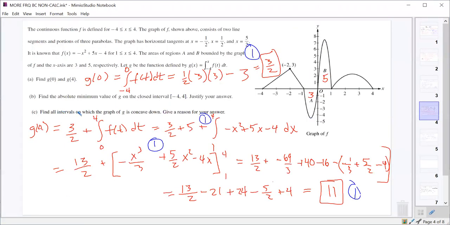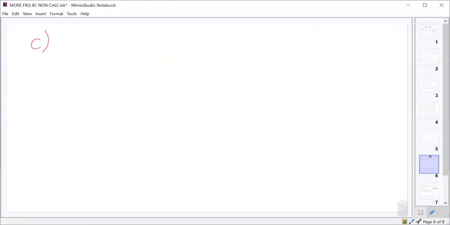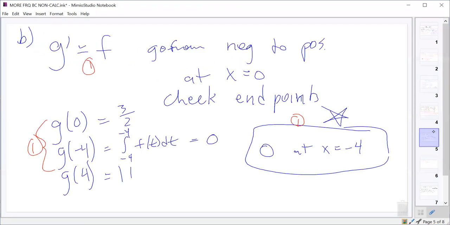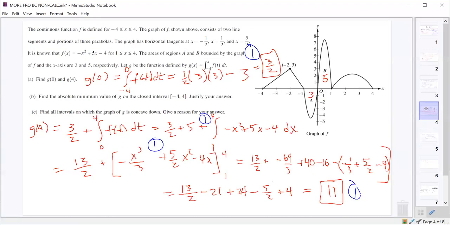All right, part C, find all intervals on which G is concave down. G is concave down whenever G double prime, which happens to be F prime, is negative. Now, F prime is just the slopes of f, so we look at our graph. The slopes of f are positive from -4 to -2, then they're negative from -2 all the way to this minimum. This minimum occurs at -0.5. So from -2 to